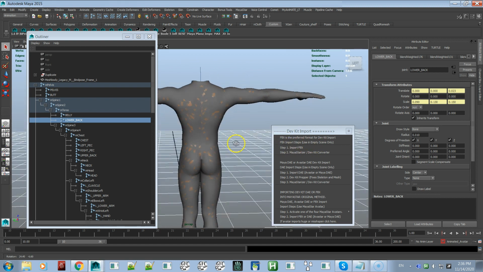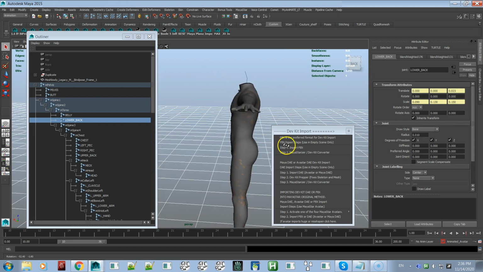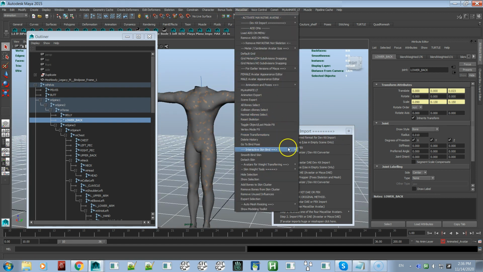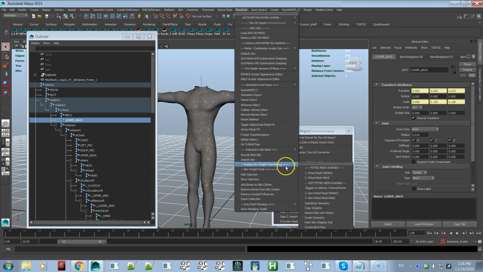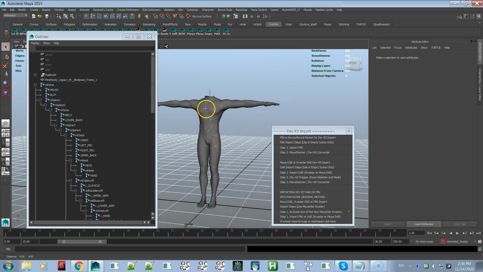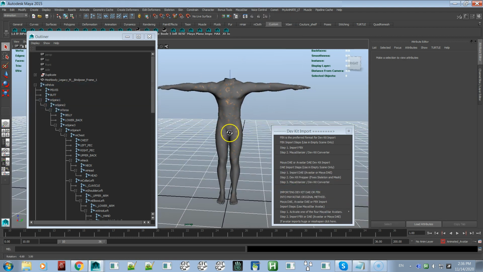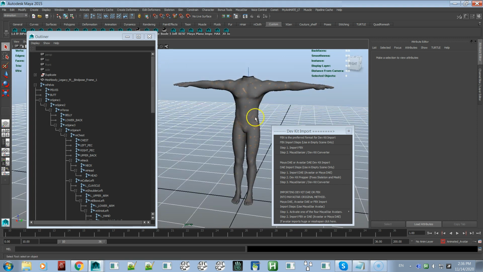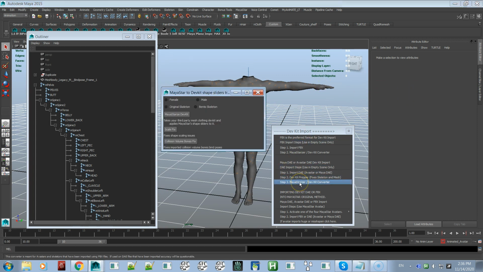Okay, so now that we have them the same, I would then go MayaStar, skin weight tools, create bind pose just to be on the safe side. Okay, so we got everything in there. Everything's flickering just fine the way it should. And now if we go straight to MayaStarizer, don't do DevKit Prepper, do MayaStarizer